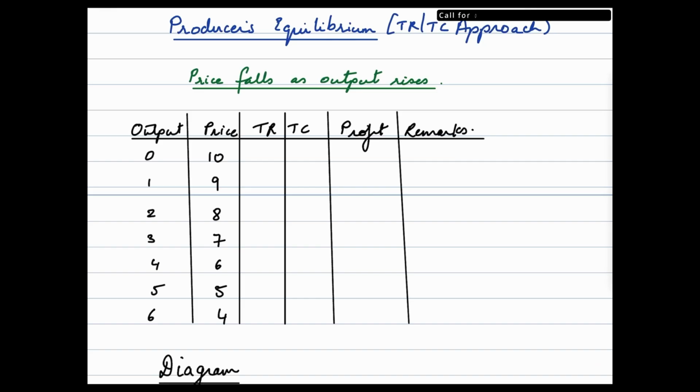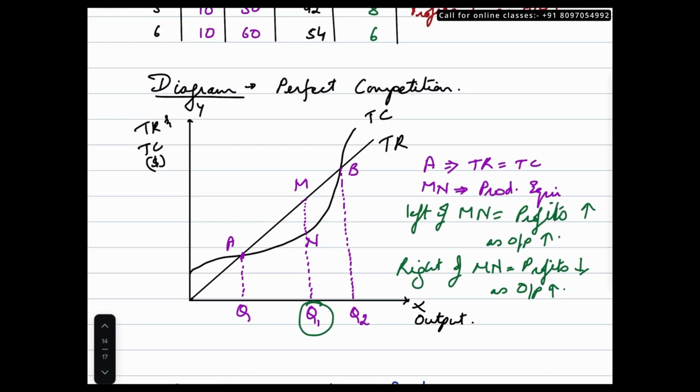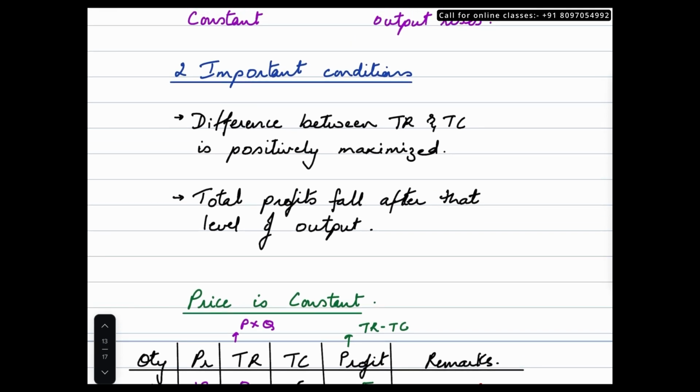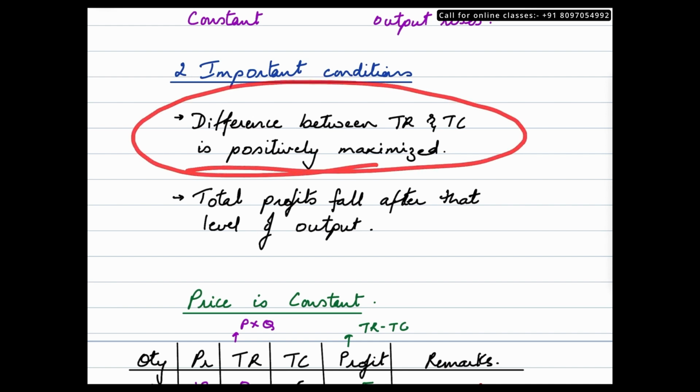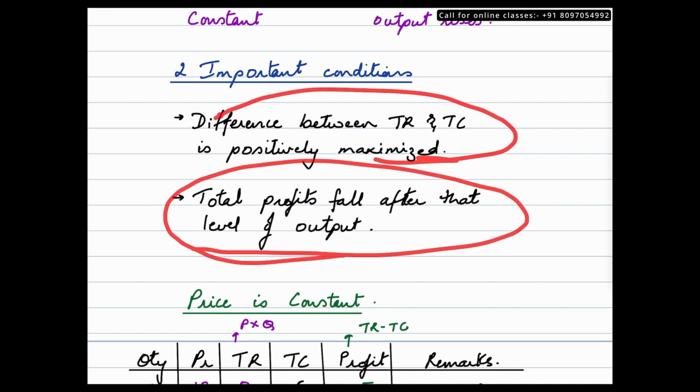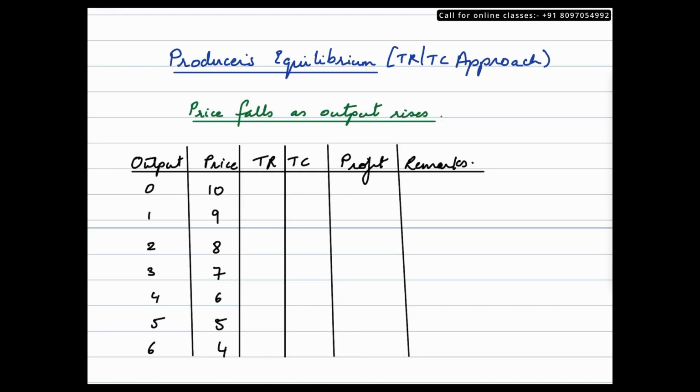So just for a quick recap, there were two essential conditions. Let me just scroll and show it to you. The two essential conditions under TRTC approach were: the difference between TR and TC should be positively maximized, and second, total profits should fall once this has been achieved. Alright, so now we'll take a look at how this could be depicted when price falls with an increase in